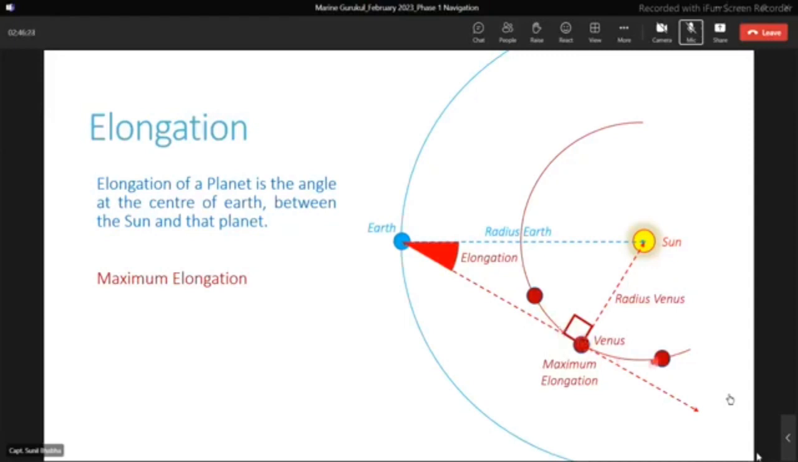Now, inferior planets like Venus, as you see in this diagram, can never be in opposition to the Sun. They can never be in opposition. Irrespective of whichever position they are in their orbit, they can never go in a direction which is opposite to the direction of the Sun. And at the same time,